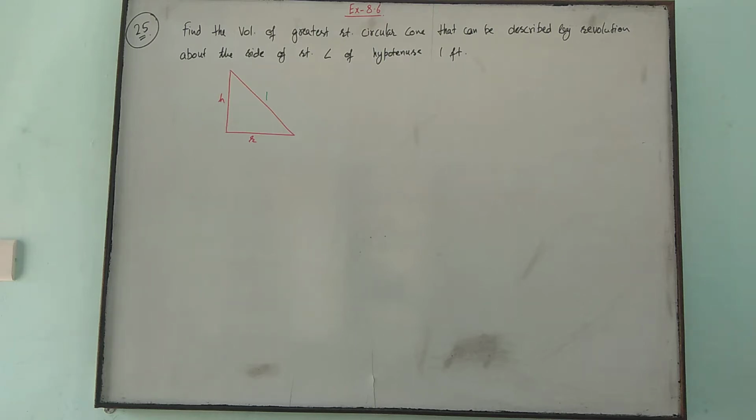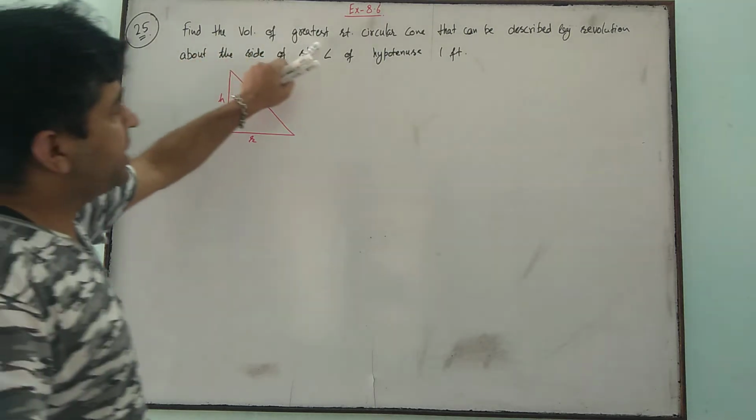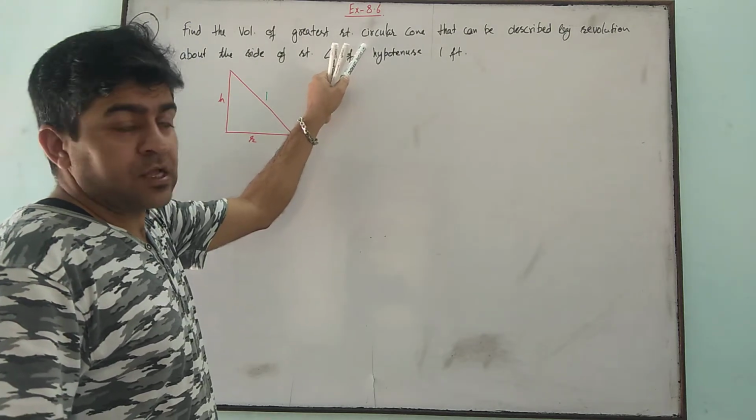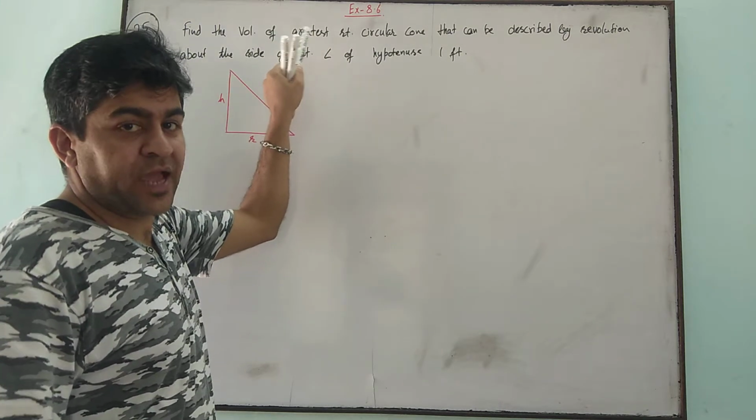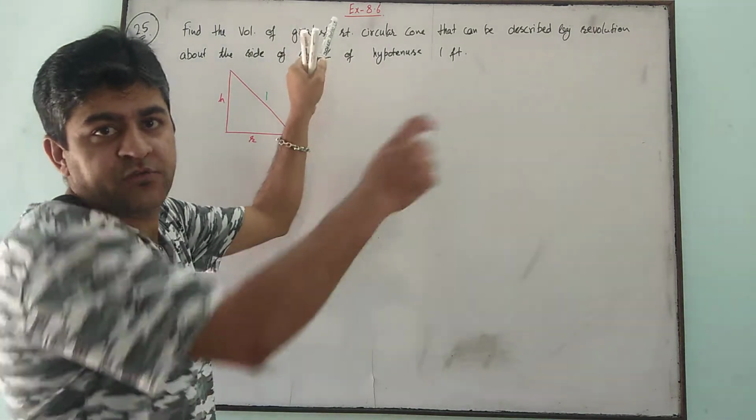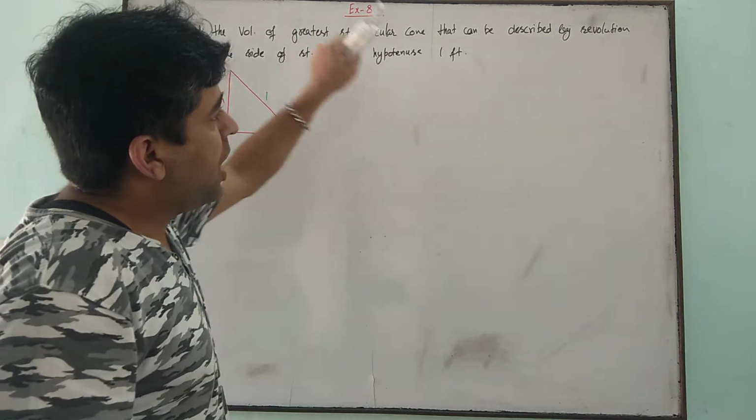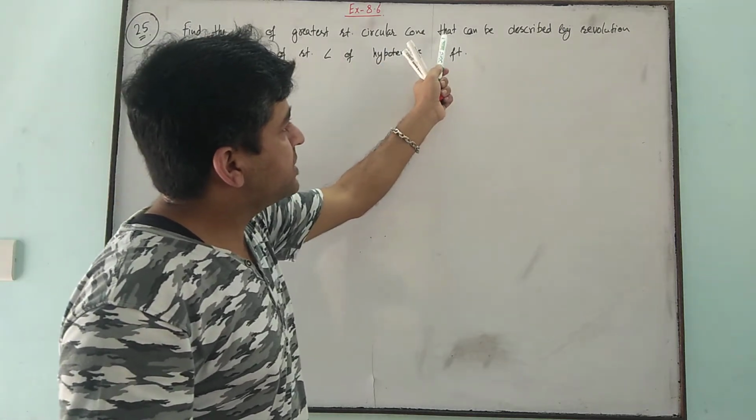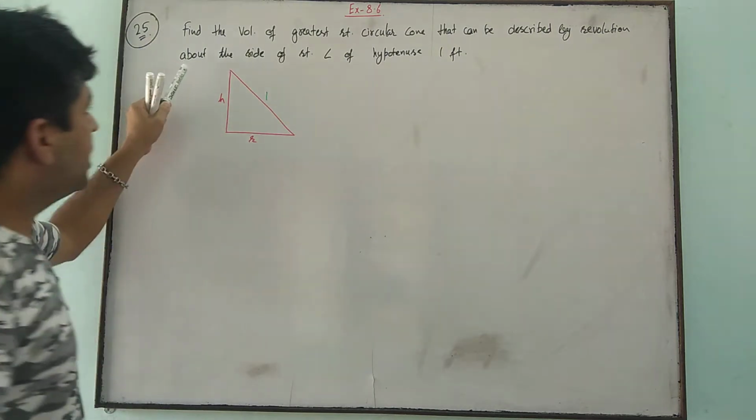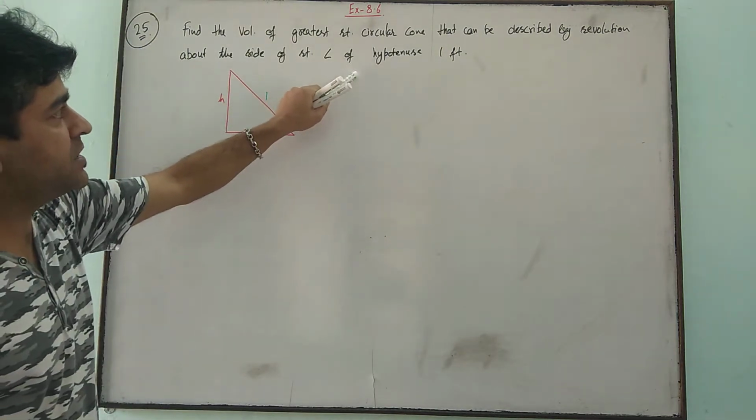Question 25: find the volume of the greatest right circular cone. Volume of the cone must be greatest, that means volume is maximum, so we need to differentiate the volume of the cone here. The cone is described by revolution about the side of a right angle